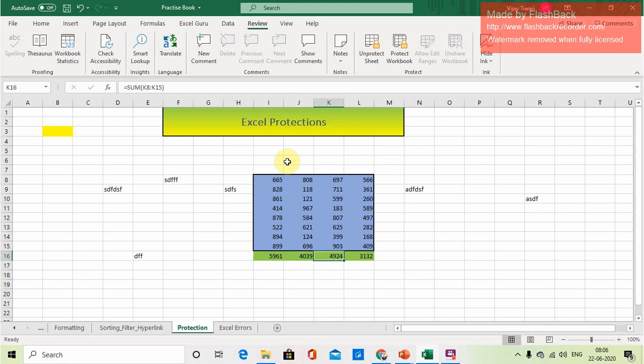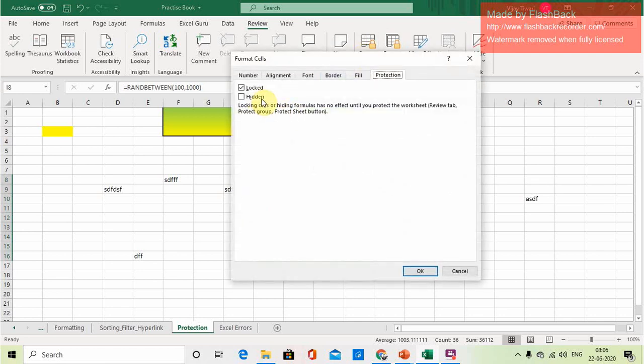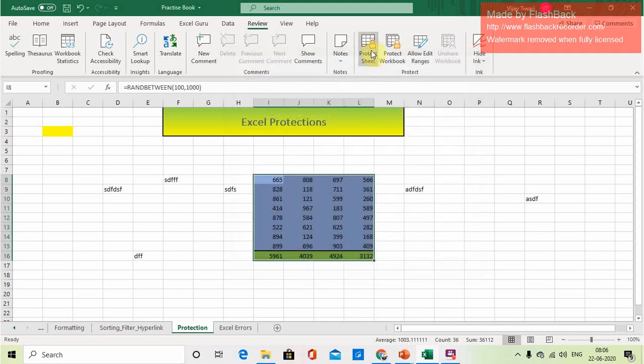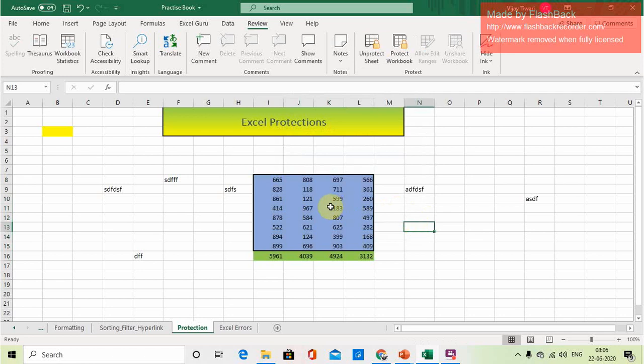For that, first you have to unprotect the sheet, go to this range and click on hidden. If you click on hidden, and the cell is locked, and now you apply the protection, see, this range is protected, and whatever formula is applied on it is also protected.